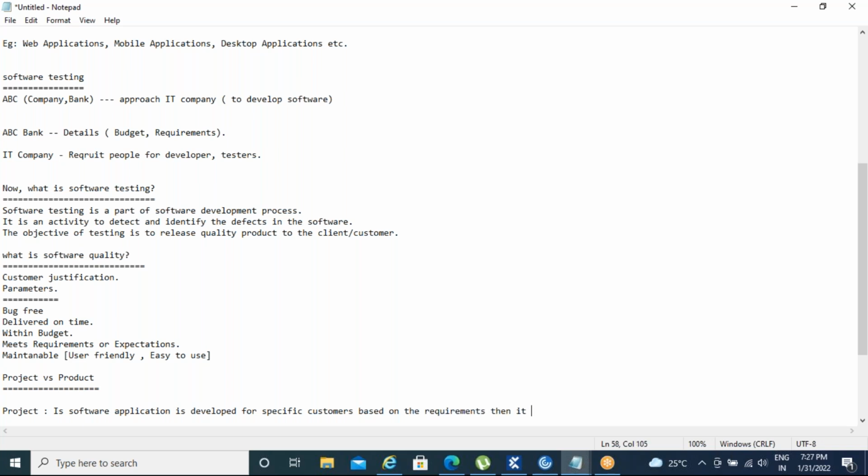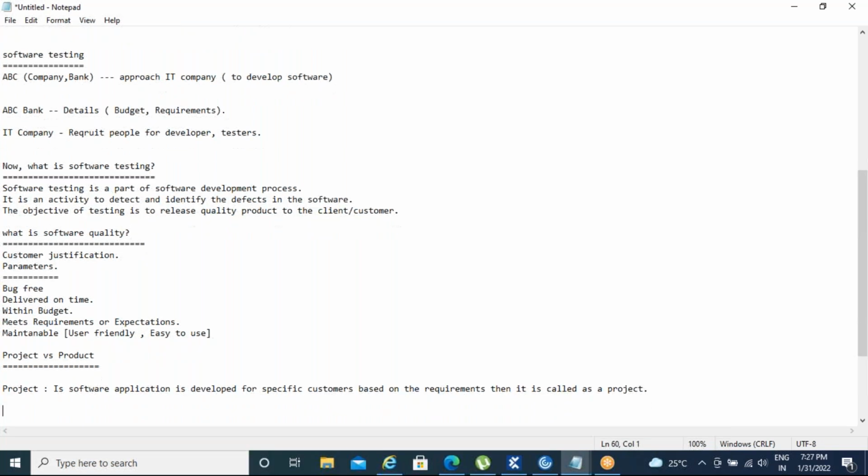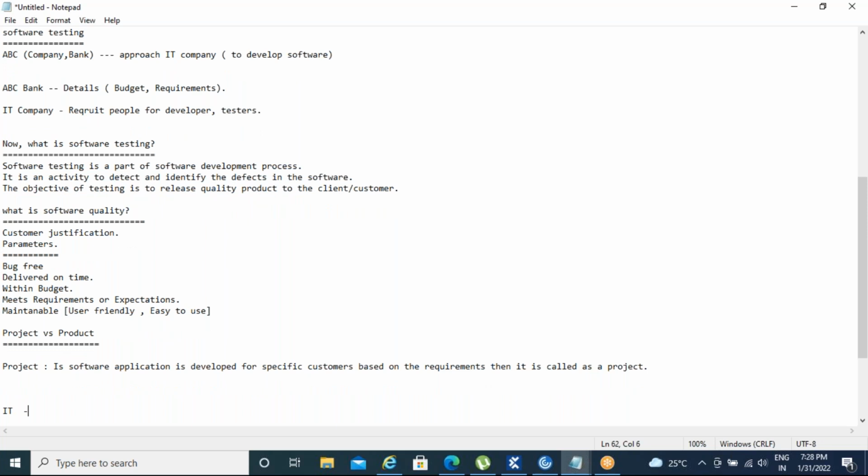Then it is called the project, right? So this IT company, or else you can say a bank X, gives the requirements because it needs some software to be developed. It approaches and gives requirements